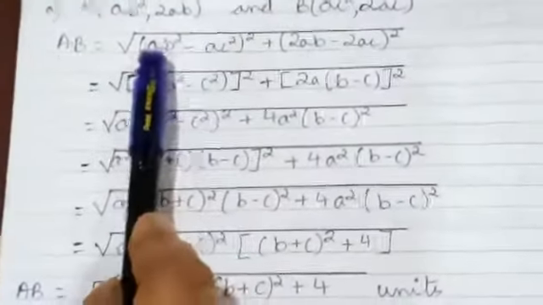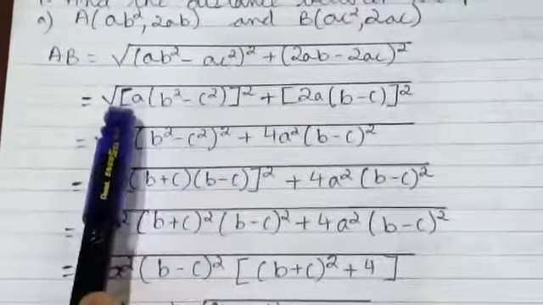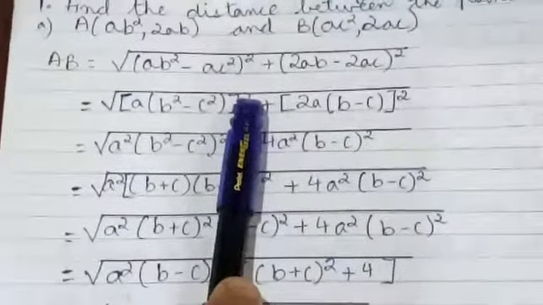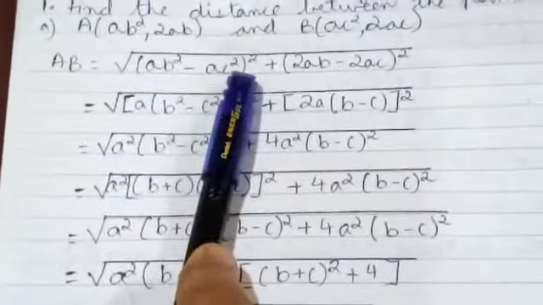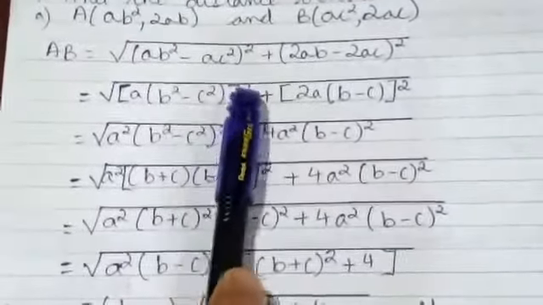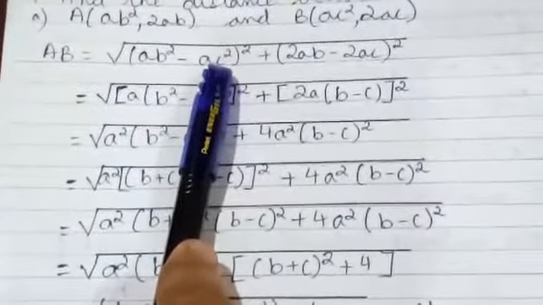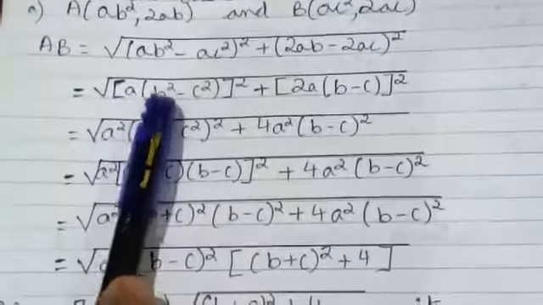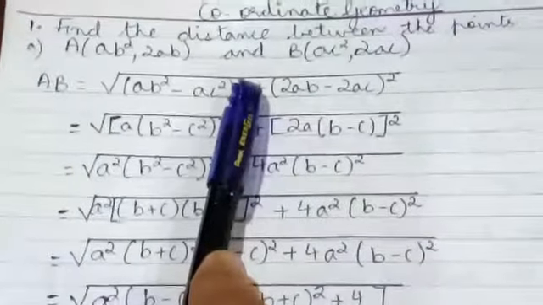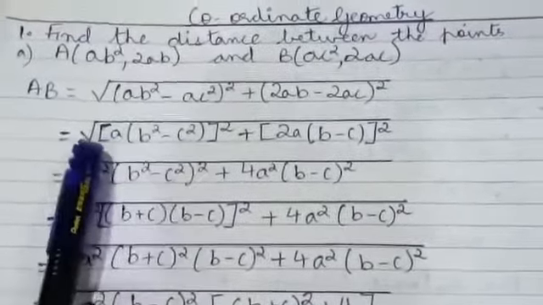So now see here, we have (ab² minus ac²), the whole square. In the next step, you can see a square bracket. I have opened and closed a square bracket and raised it to the power 2. Here we have the simple bracket raised to the power 2. In the next step, I have opened and closed a square bracket and raised it to the power 2. And what do we have here? ab² minus ac². What's common? a is common. See here, a into b² is ab², a into c² is ac². Now this expression is squared. So that's what you see in the next step also. After taking out a common, this expression is entirely squared.